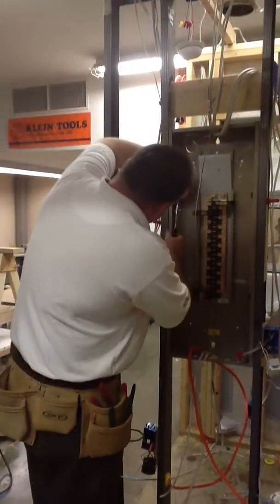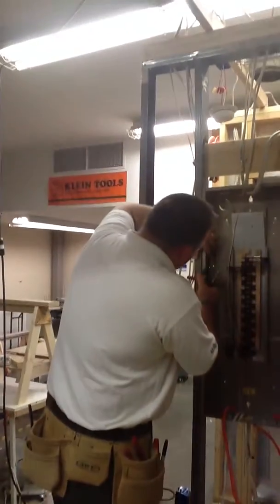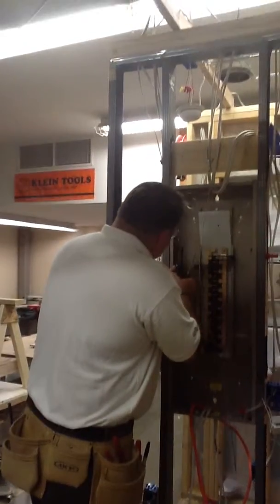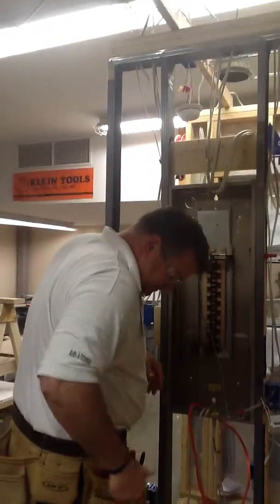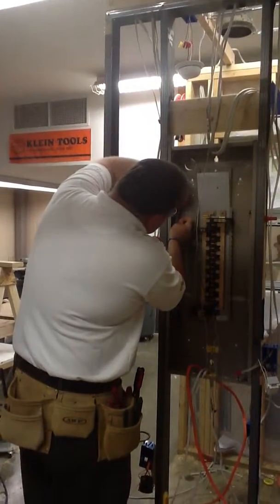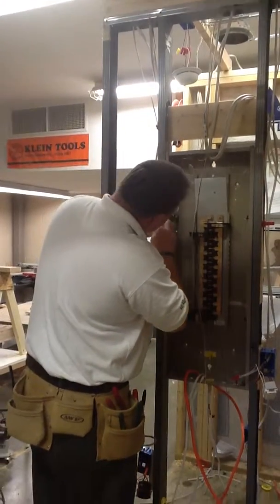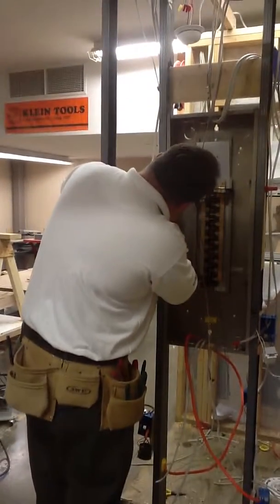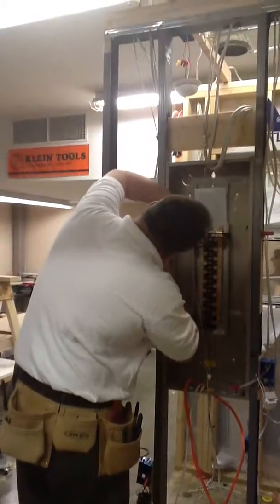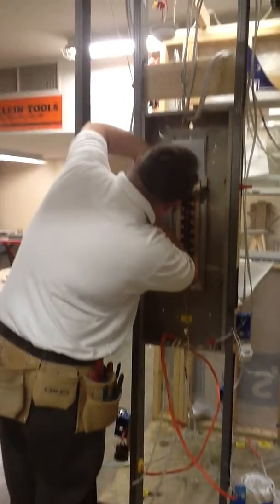Now with my number 2 Phillips, I can even use my wire cutter or my wire stripper to help me feed that wire into that ground bus, like so. You're going to want to loosen that screw before you get too far down the road, as I failed to do that in my demonstration for you here. Once I get that screw backed off enough,